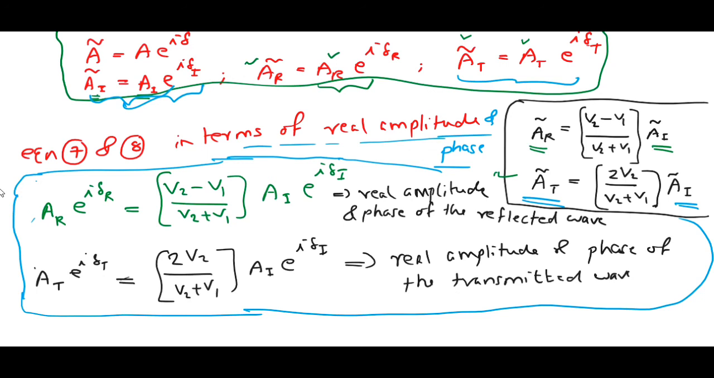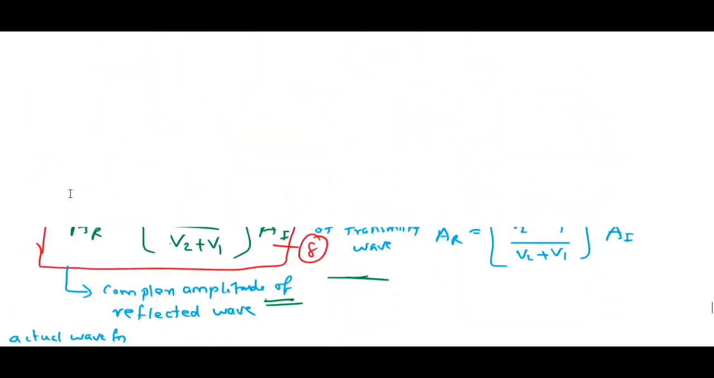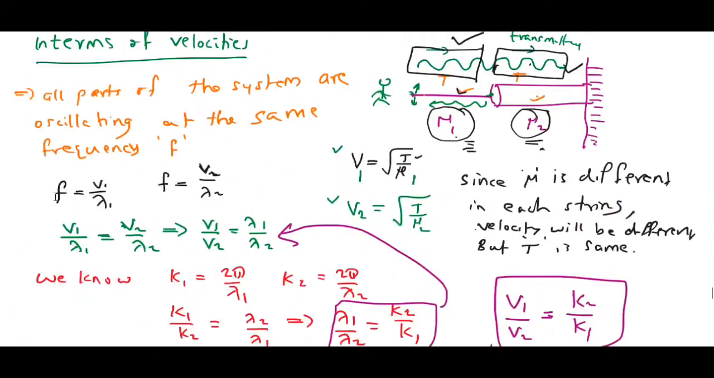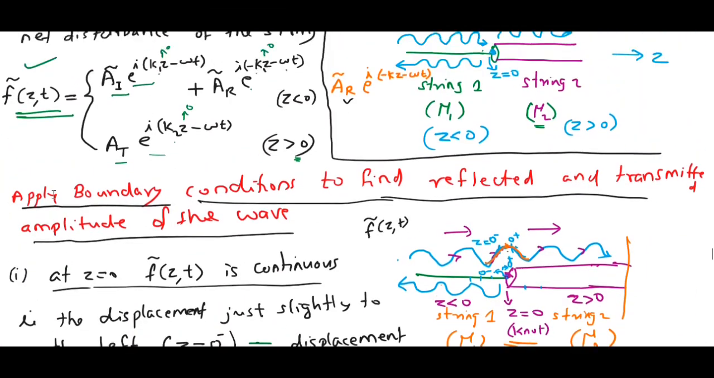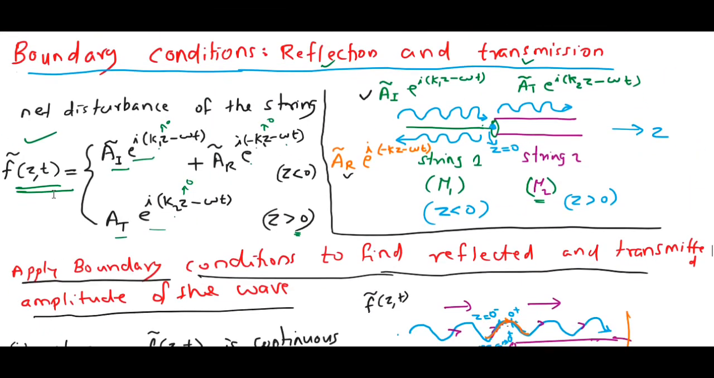That is, by applying the boundary conditions, now we obtained an expression for the amplitude of the reflected and transmitted wave on a string having different mass per unit length. Okay,